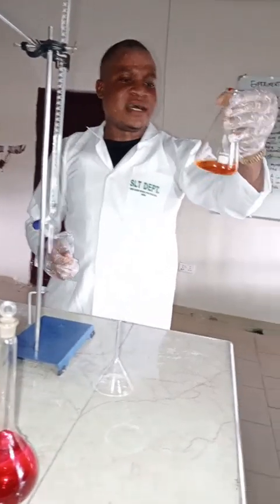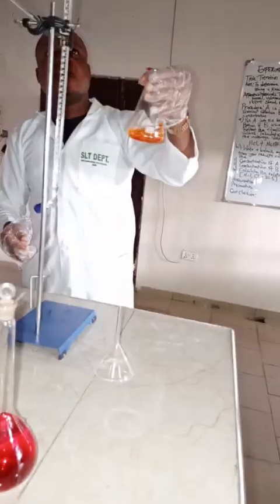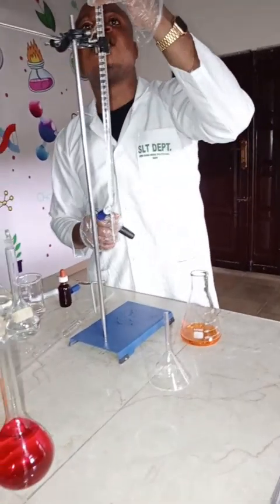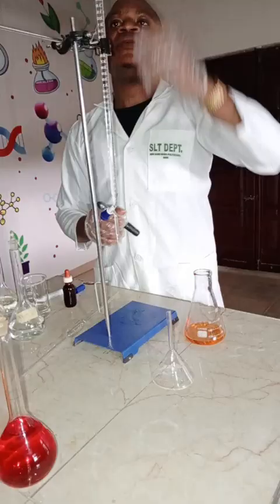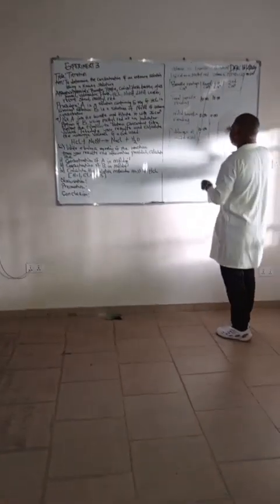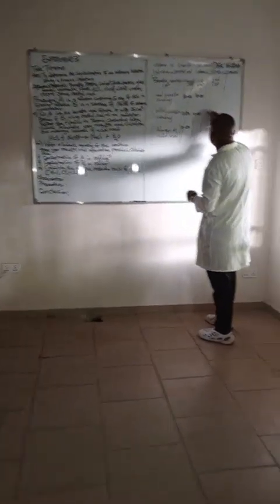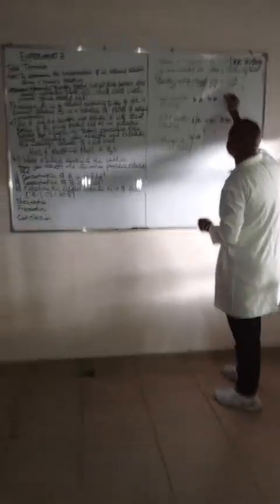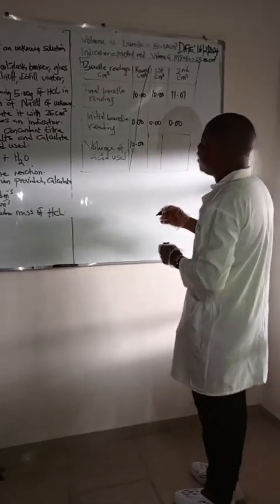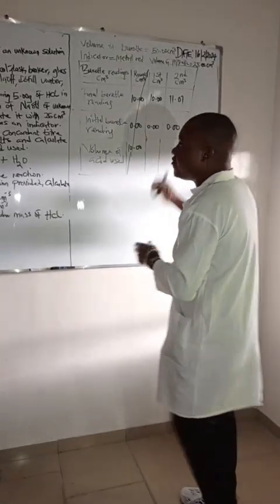Now this is our final, our end point. This is 11.01. Remember our initial in the second is what? 0.00. The final is what? 11.01. Now we're going to look for the difference. Now from there,